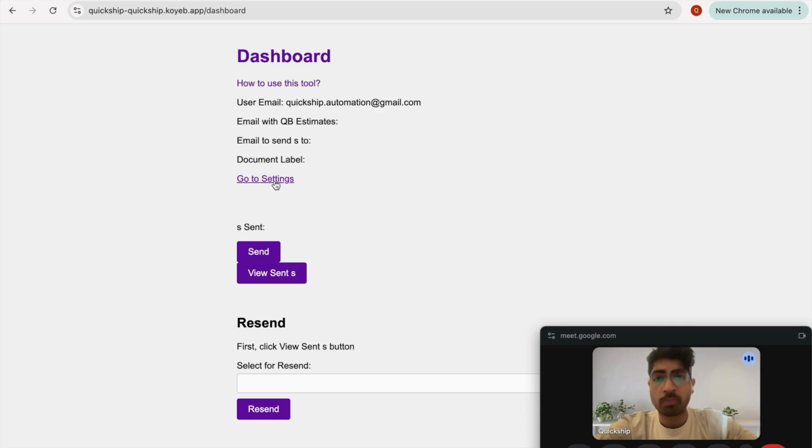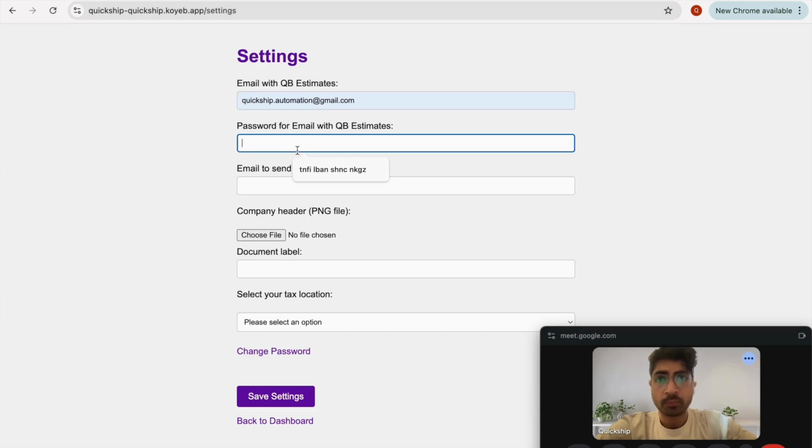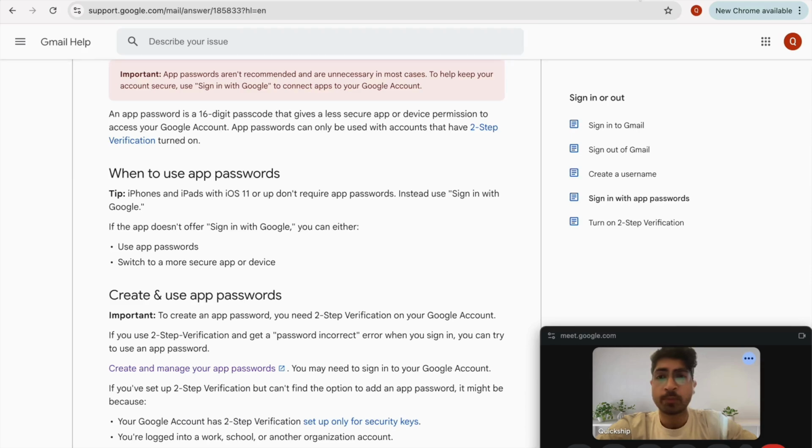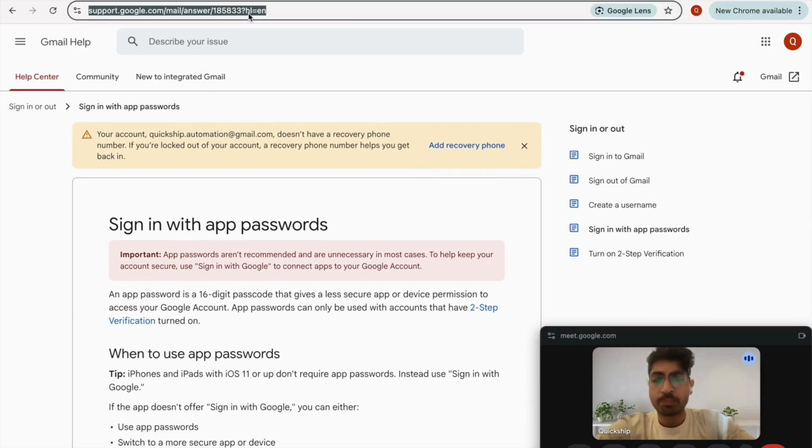So click on the button, go to settings, and email with QuickBooks estimates. This email is gonna be an internal email where you will send the estimates from QuickBooks to, and then the password for email with QuickBooks estimates. Now this is not the regular password. It's going to be an app password. So let's set up an app password. So for example,